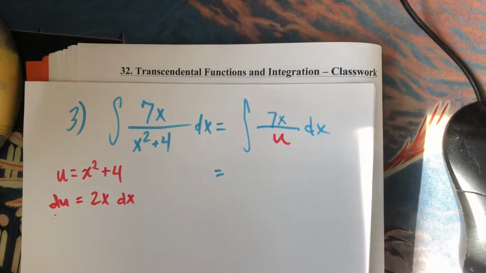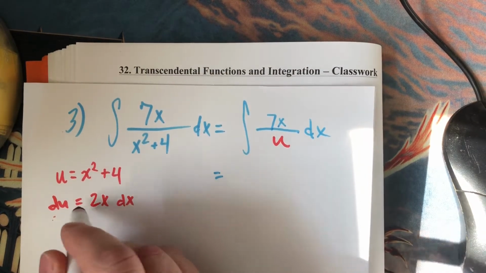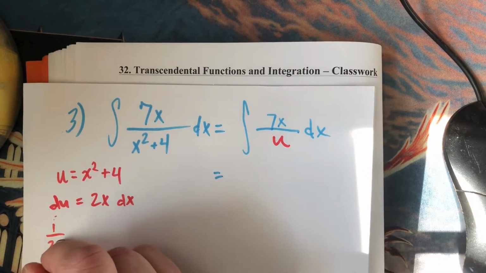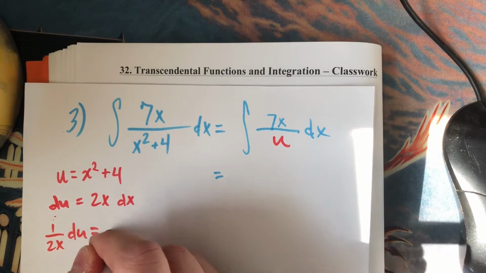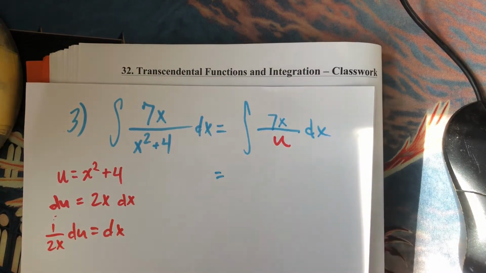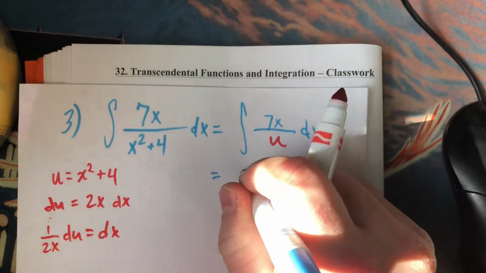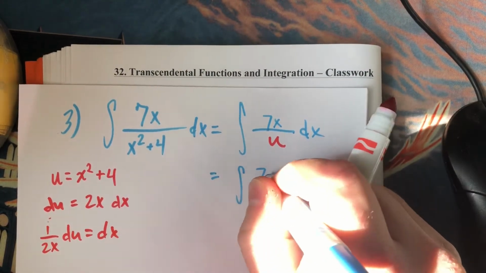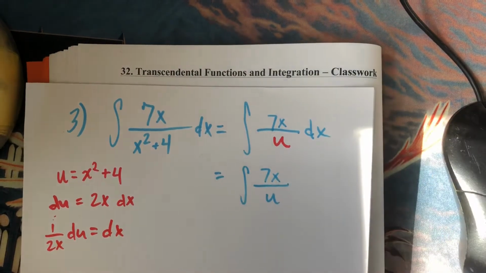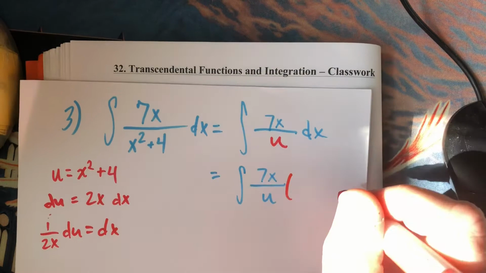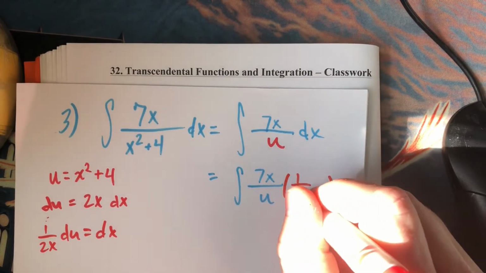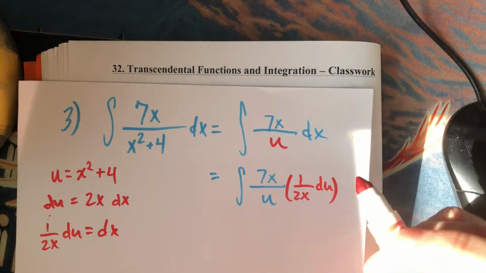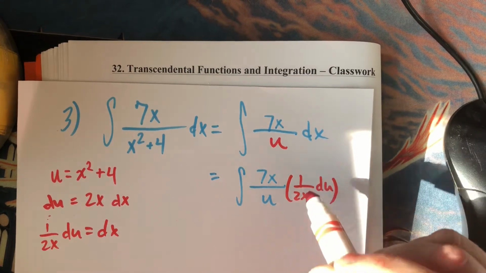I need to get dx by itself, so I'll divide by 2x, and I get 1 over 2x du is equal to dx. And so now, when I do that substitution and I drop the 1 over 2x du where dx used to be,